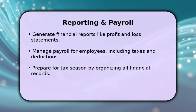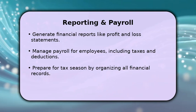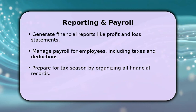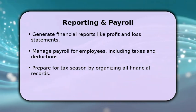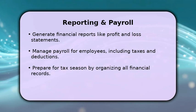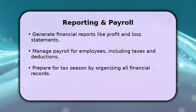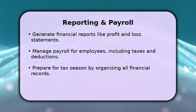QuickBooks empowers you with valuable insights through its reporting features. Easily generate essential financial reports, such as profit and loss statements, to understand your business's performance. If you have employees, manage payroll efficiently, handling wages, taxes, and deductions accurately. By keeping all your financial records organized within QuickBooks, you'll be well prepared for tax season, simplifying compliance and reducing